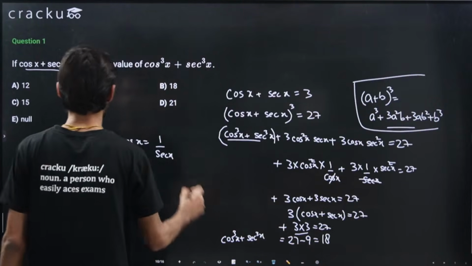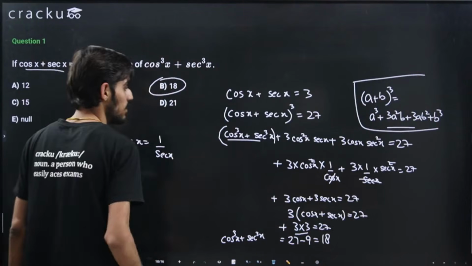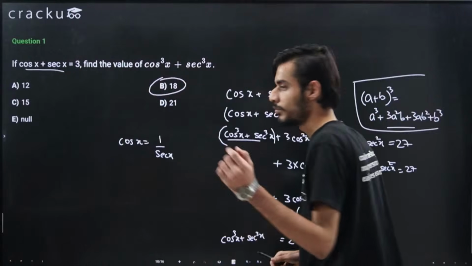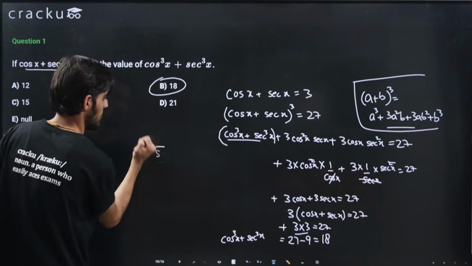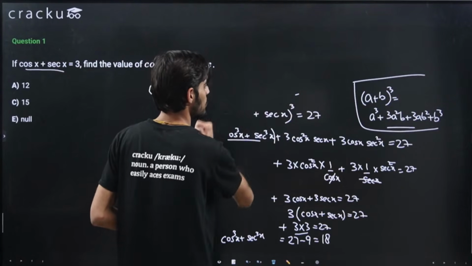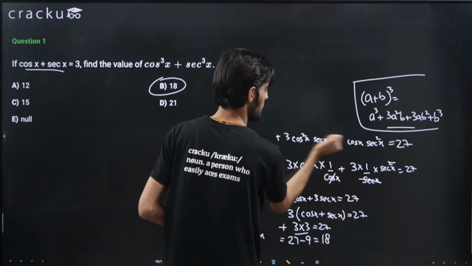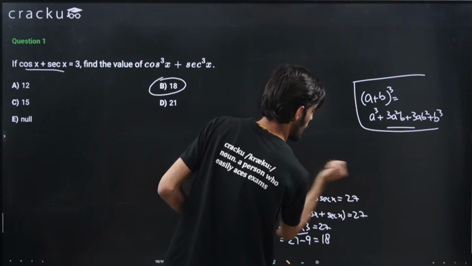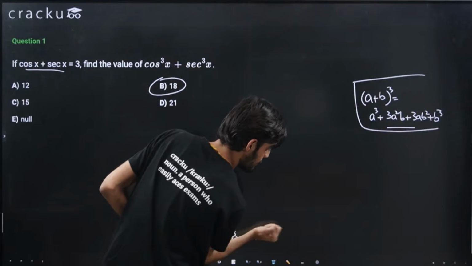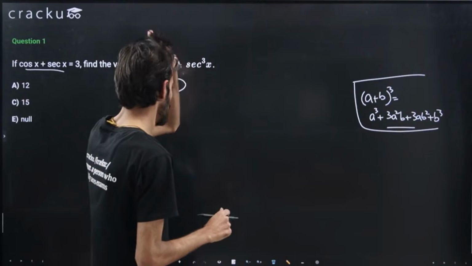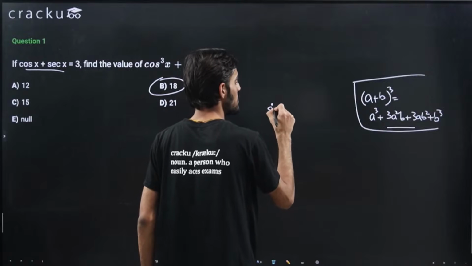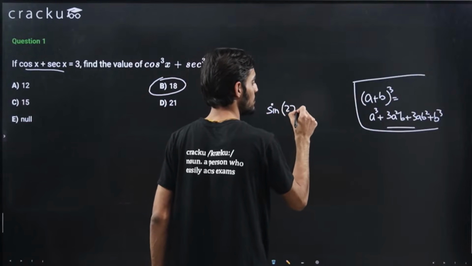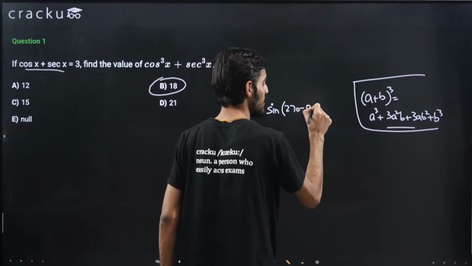I think this should be clear. If you have any doubts, you can just ask in the live chat. Otherwise, we'll move ahead. And also one doubt, if you don't have doubt regarding this, one student said that she wants to know about 270 degrees. Likewise, we did for the 90 degrees. Let's say I need to find the value of sine 270 minus some theta.